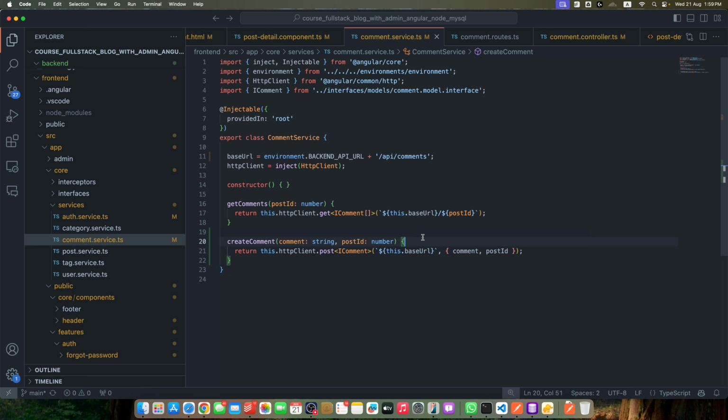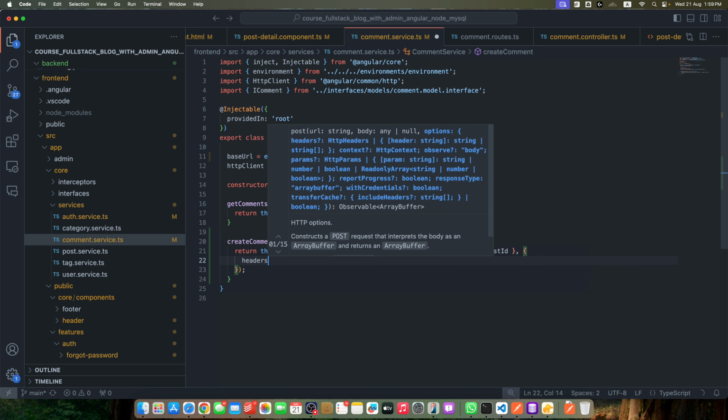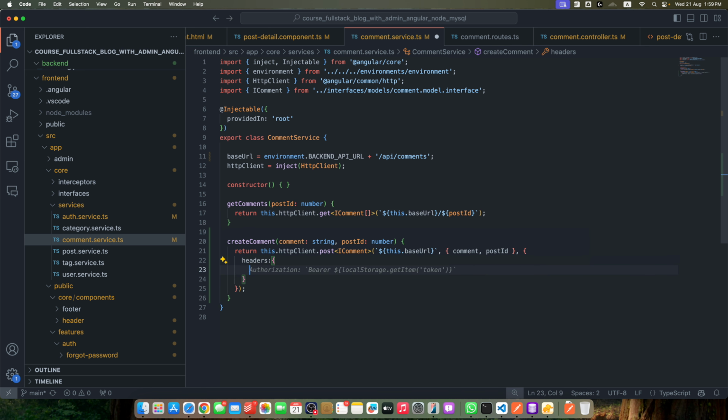we should send the user ID, but not directly. We should be sending the session access token, and our backend would be able to figure out which user is creating that comment. So for that, here I will pass another argument to pass the headers, and in these headers I will pass the authorization bearer, and